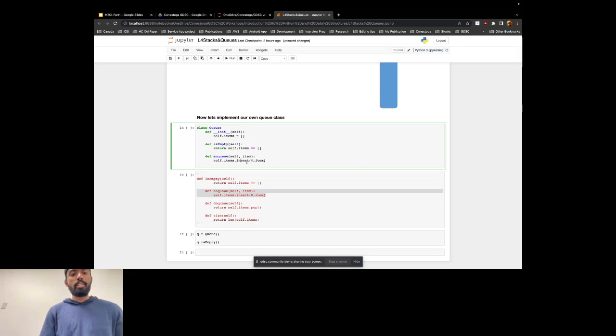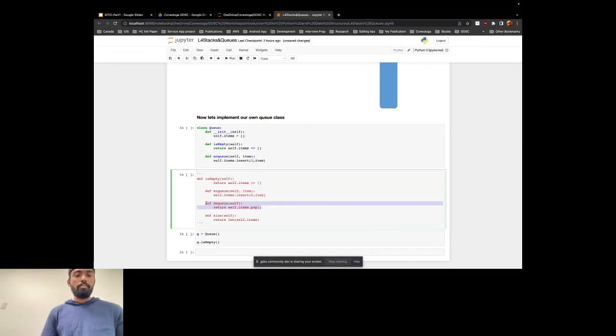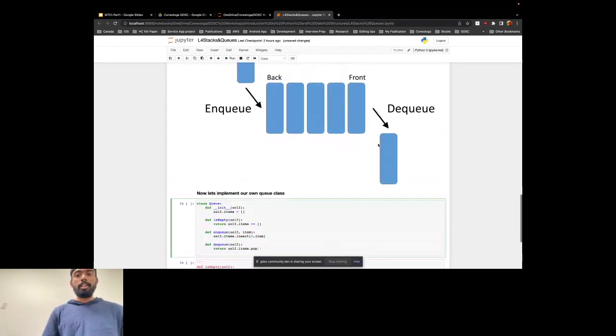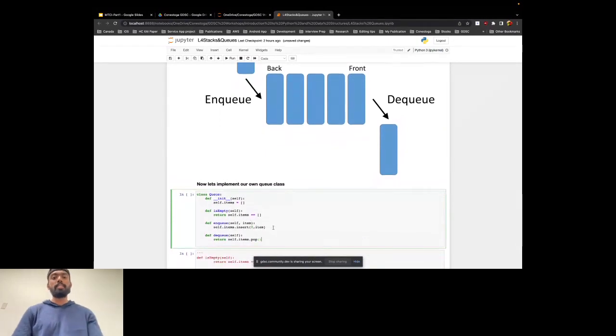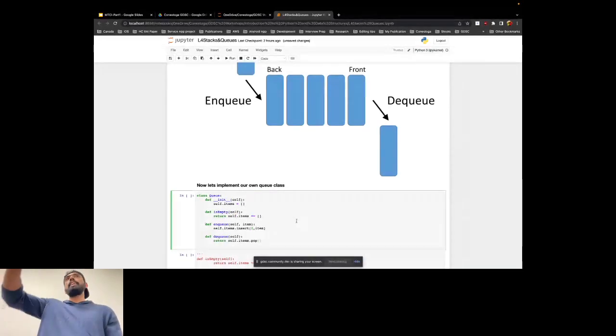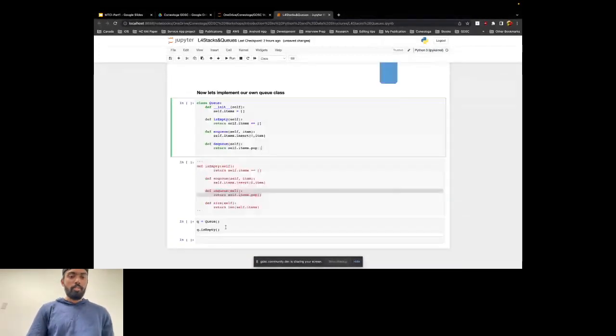So what I'm doing is inserting it at index 0, at the front, when enqueuing. And in dequeue, to make it easier, since I just twisted the queue the other way around, when I'm dequeuing I'm just taking the last value out of it. And yeah, size is